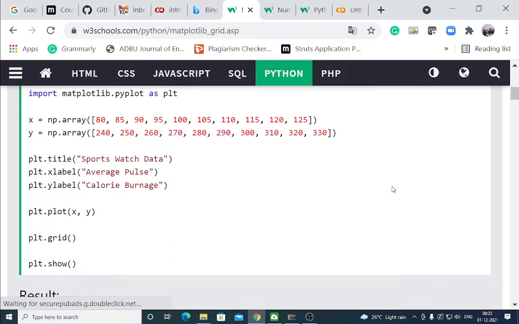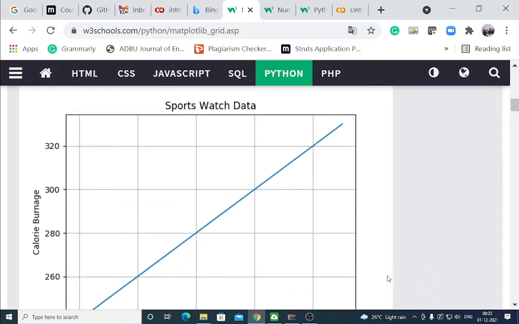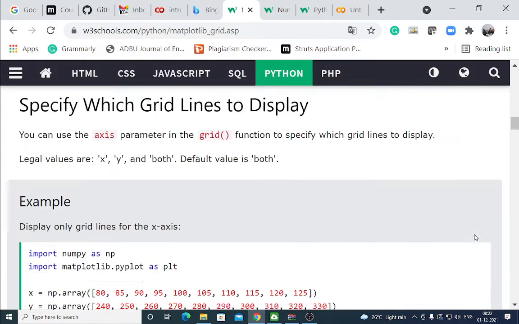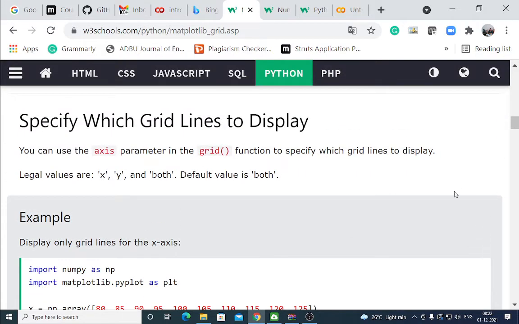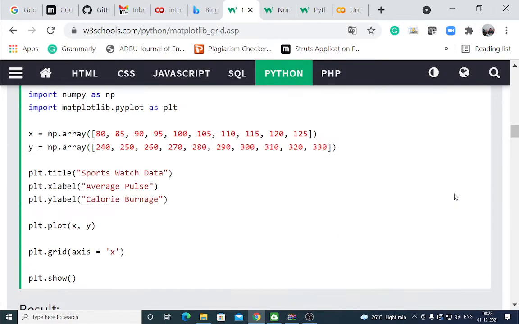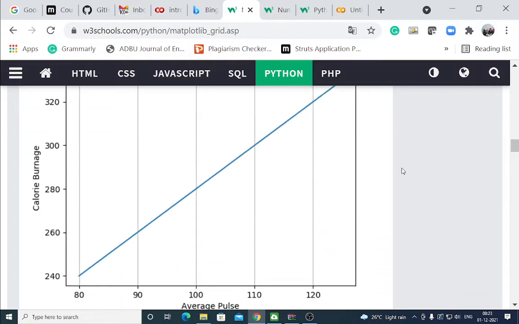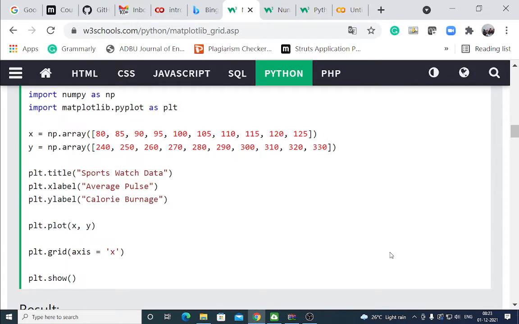If you want grid lines, plt.grid, you have to add grid lines, rows and columns. Plot grid for a particular axis, you use axis, x-axis. Grid for only x-axis, only columns.